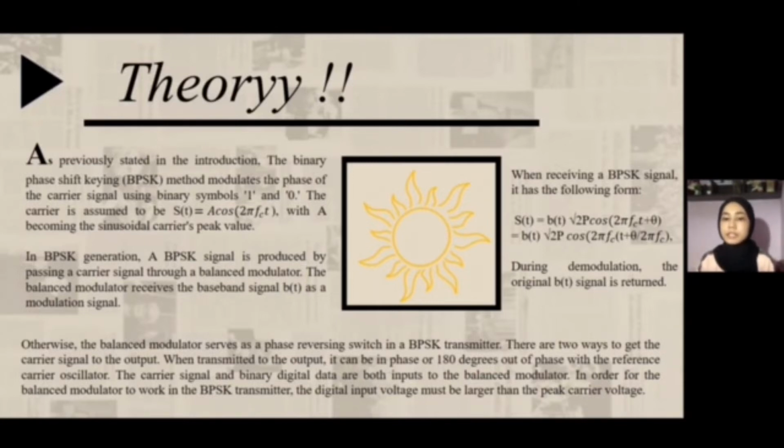The carrier signal and binary digital data are both input to the balance modulator. In order for the balance modulator to work in the BPSK transmitter, the digital input voltage must be larger than the peak carrier voltage. And then when receiving a BPSK signal, it has